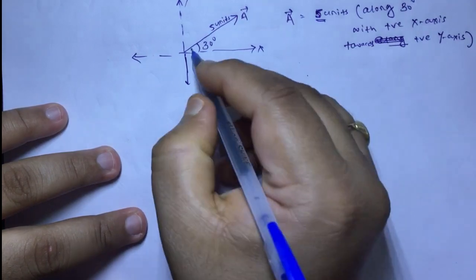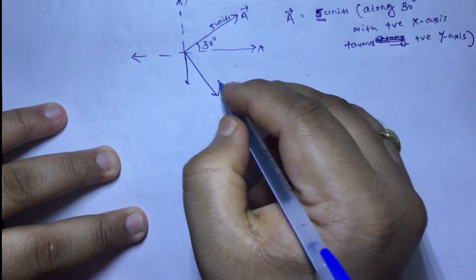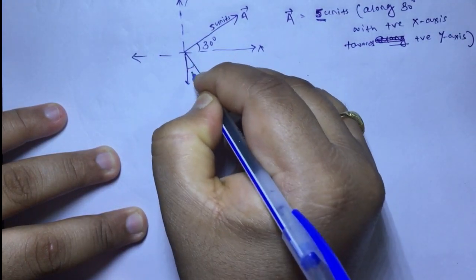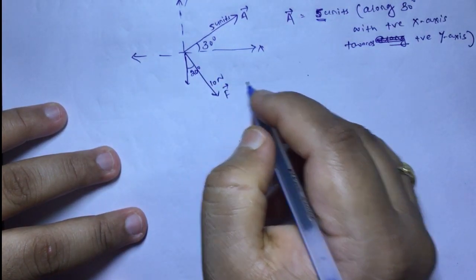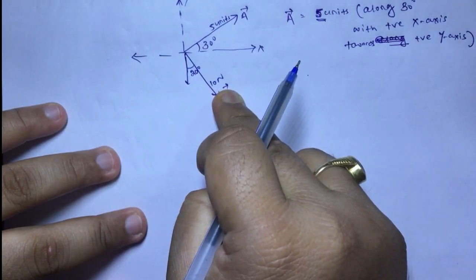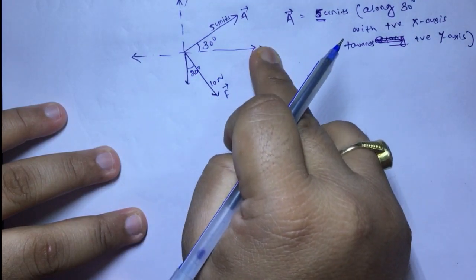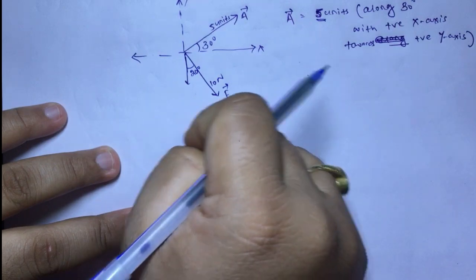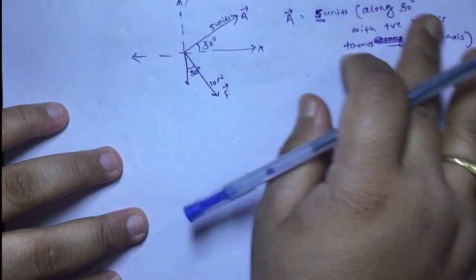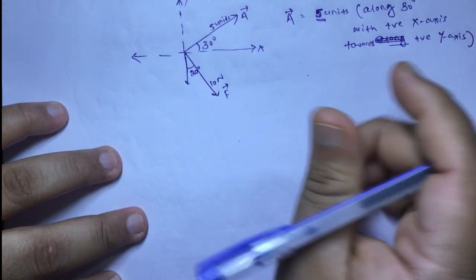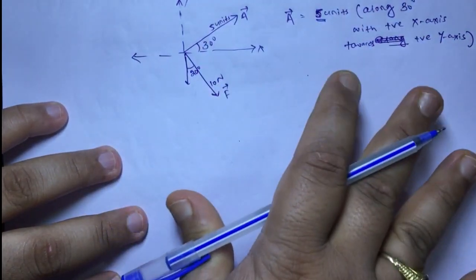towards the positive y axis. If the angle is here, or let an F vector be here of magnitude, let us say, 10 Newton, and this angle is some 20 degrees, then what can I write? I have to write that F vector equals 10 Newton from negative y axis towards positive x axis, that you have to mention. So I don't want to write all these things to write down a vector. I just want a mathematical form of the vector. That is the whole aim throughout today's class.